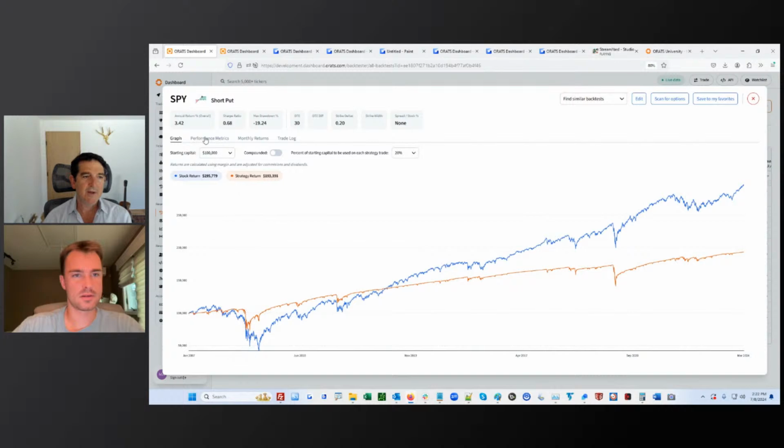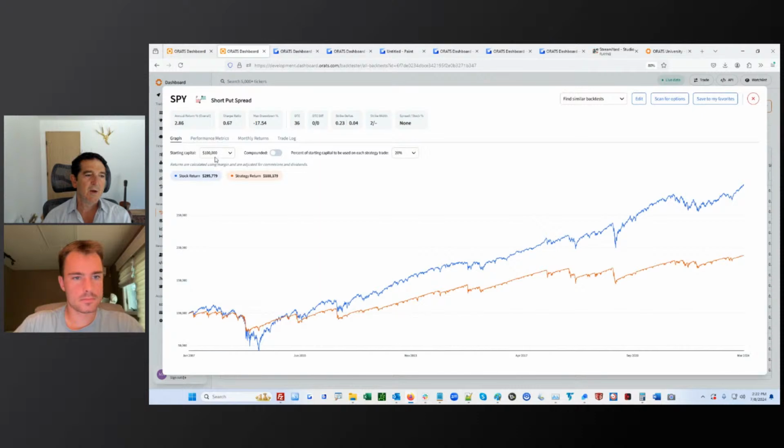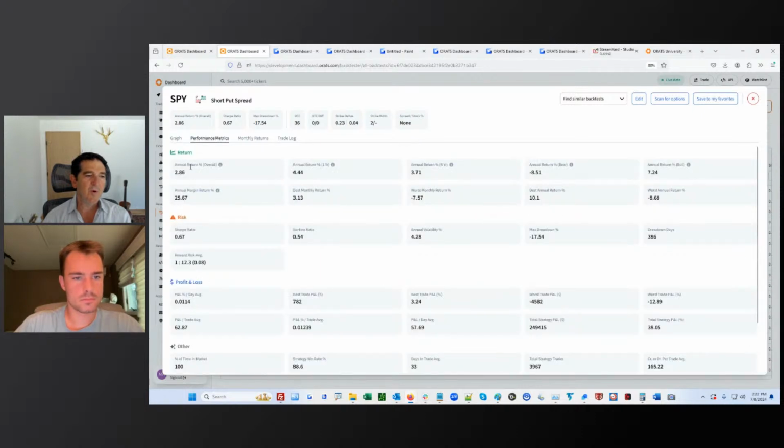Okay, interesting. So that's how that works. I wouldn't have looked at that, but that's cool that you did. What else? Profit and loss per day is going to be pretty similar because it's in the market the whole time. But it's 0.0136 for the short put, and it's 0.0114 for the short put spread. And again, this has a lower annual return, and the drawdown is 17% in the short put spread. The drawdown is 19% for the short put,